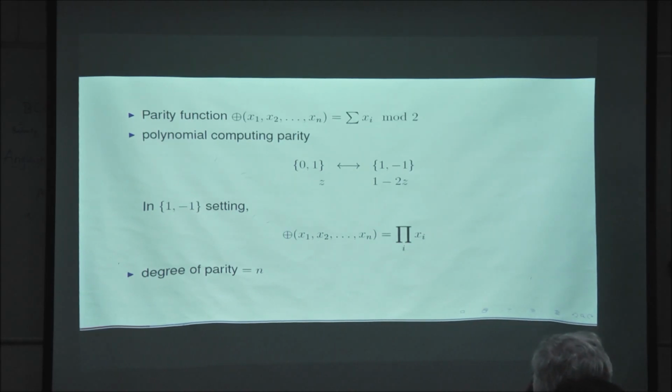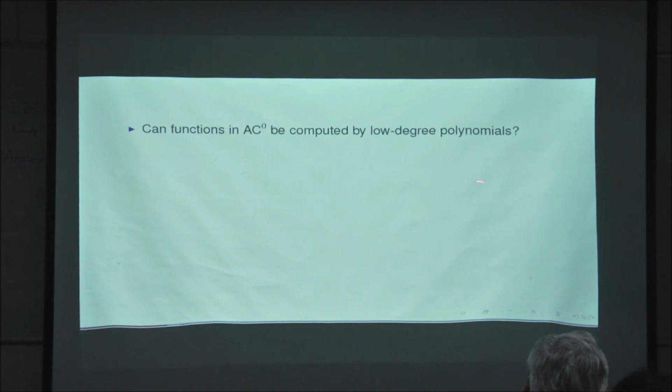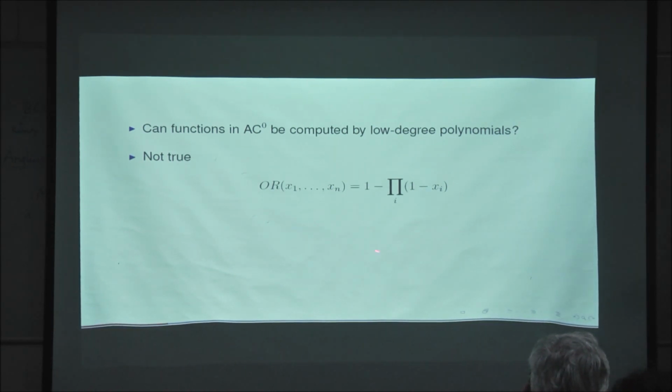Now you can ask, if I want to do similar things with AC0, a circuit made up of AND, OR and NOT gates, can I say something better? You can ask whether functions in AC0 can be computed by low degree polynomials. Again, if you recall what we did in the tutorial, the answer is no. Simple functions like the AND function and the OR function become degree n polynomials when you write them down. For the AND function, it's obvious, you just multiply the bits. For the OR function, it's something a little more complicated like this, but again, it's a degree n polynomial. So the degree of a polynomial representing a Boolean function is not a great way of capturing what differentiates AC0 from non-AC0. AC0 functions can have degree n, and non-AC0 functions like parity can also have degree n, so it's not a great differentiation.